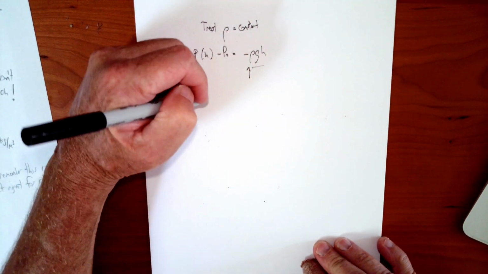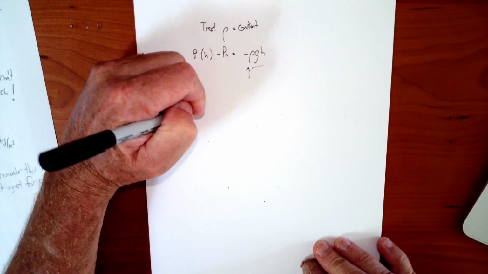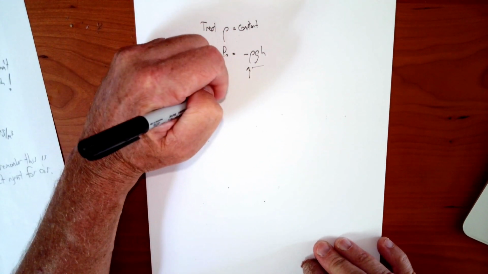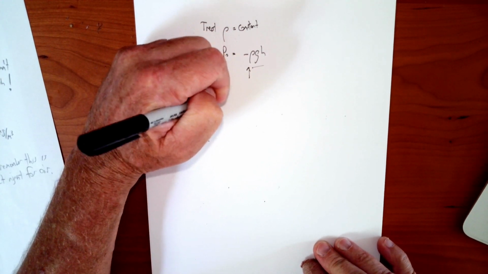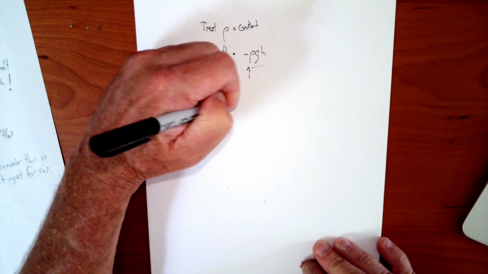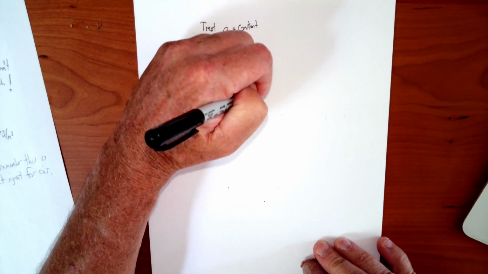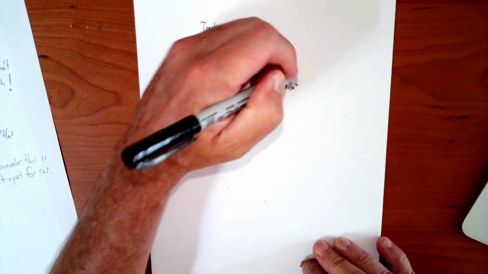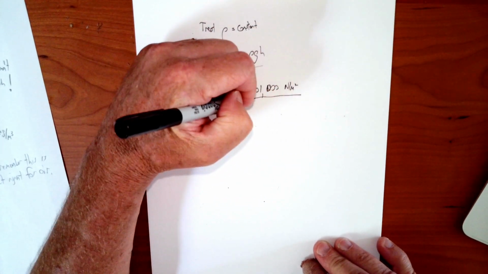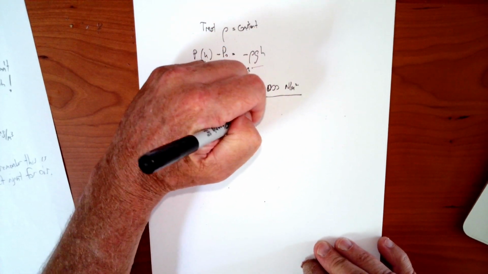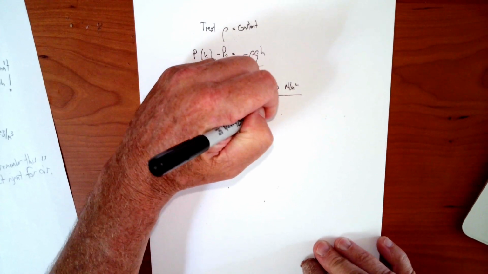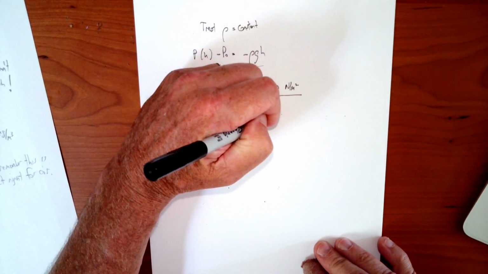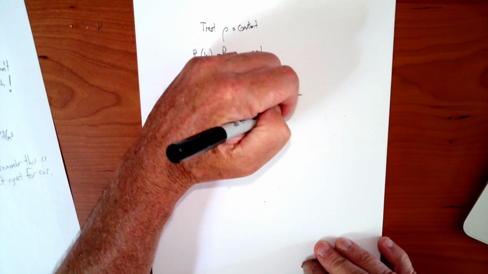We're treating rho as constant. So we're going to find rho at that standard atmospheric pressure. Back to the ideal gas law, we have P over, of course, RT here, and that's equal to 101,000 newtons per meter squared. That's our pressure. And then I'm going to divide that by 0.287 kilojoules per kilogram per Kelvin, and multiply that by